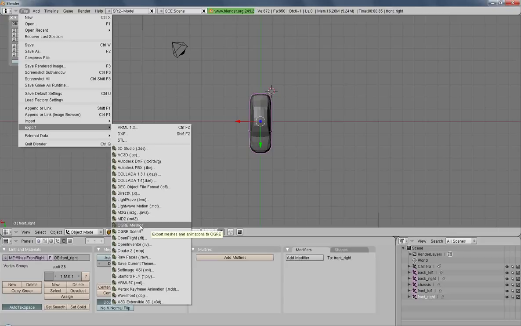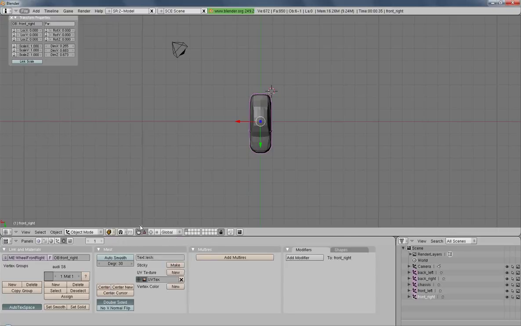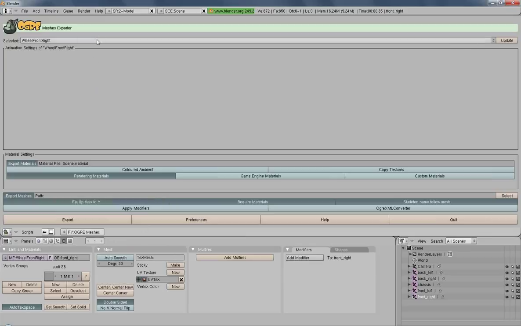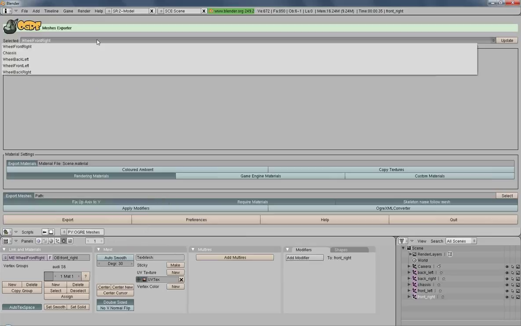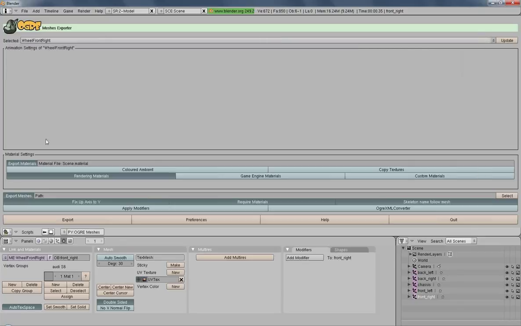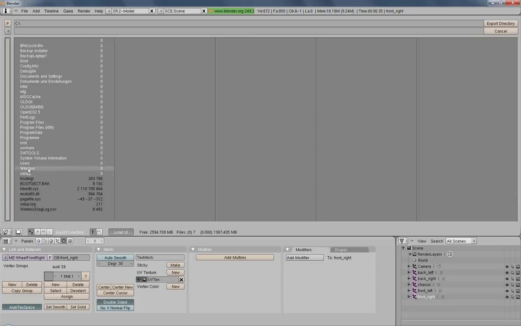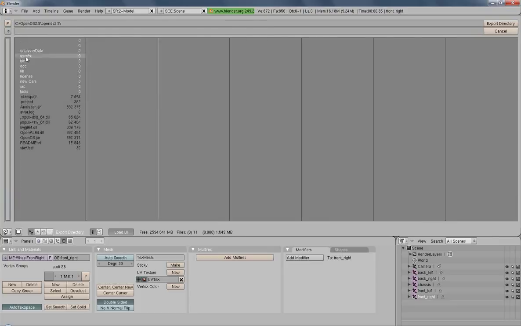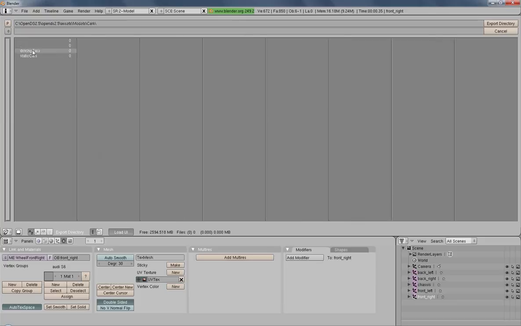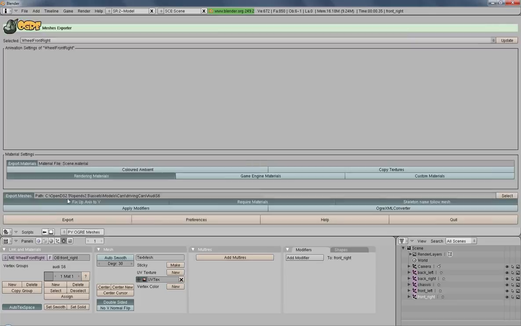We select the OCRIM meshes exporter here. You also have to make sure that everything you want to export is contained in this drop-down menu. You have to specify the same path here. We go again to the OpenDS folder, the assets, where we have the models, the cars, driving cars, and the Audi. This is our export